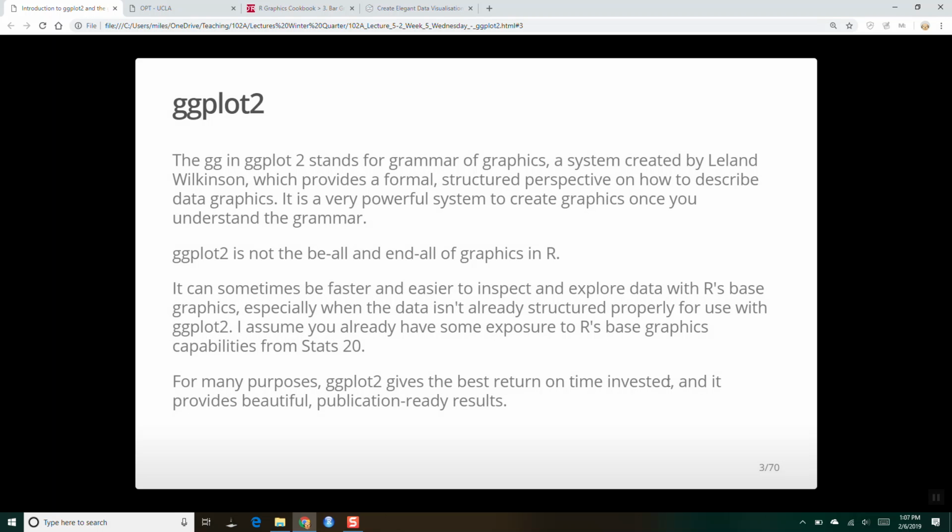So base R graphics is something I still use all the time, but I think it's useful to learn ggplot because ggplot does implement this grammar of graphics, which for more complicated graphics can be very, very useful. Okay,